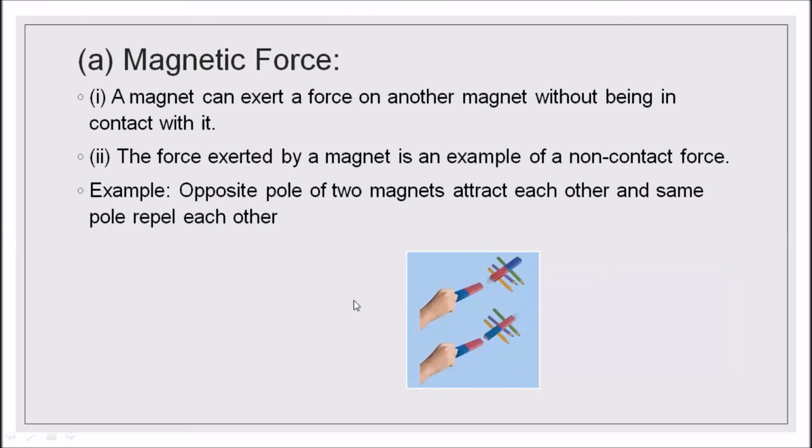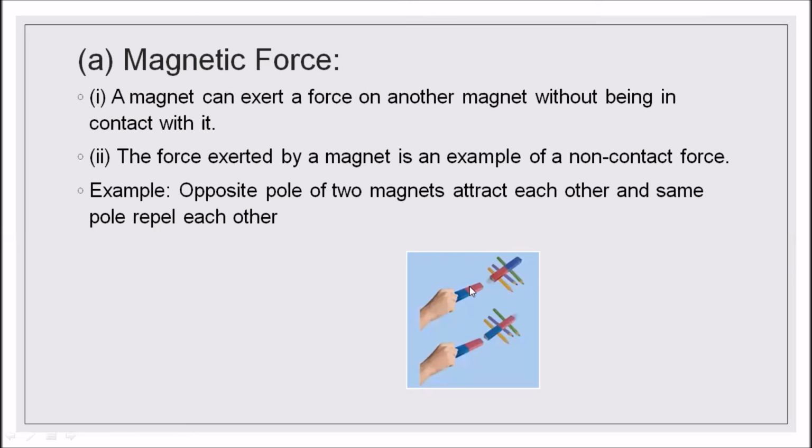If you place a magnet and put some iron nails at a distance from the magnet, it can attract that iron nail from a distance. So the magnetic force is non-contact, and there is a property of the magnet: a magnet always has two poles, south and north. Look at the diagram, red and blue. These are the two poles.